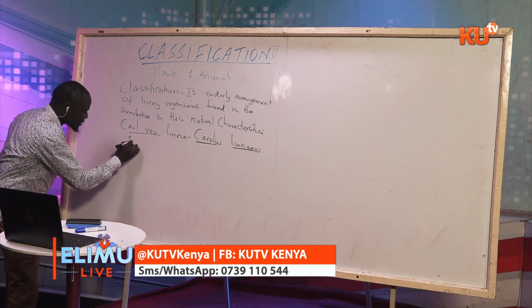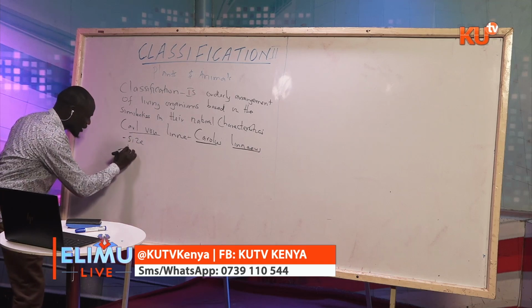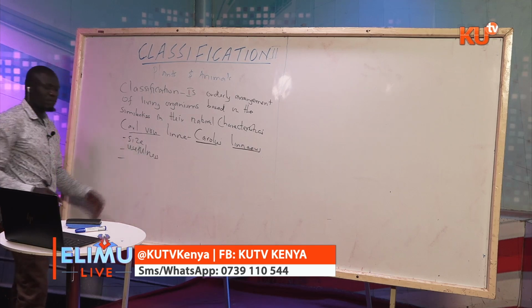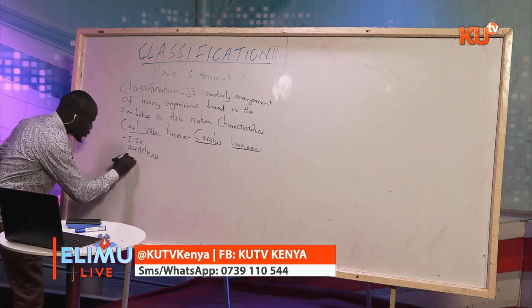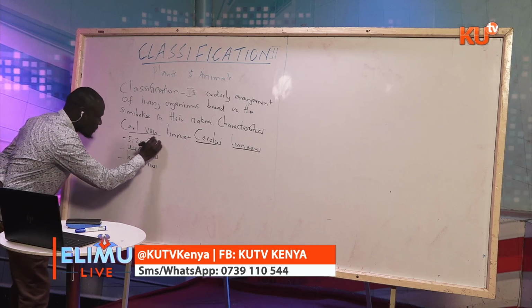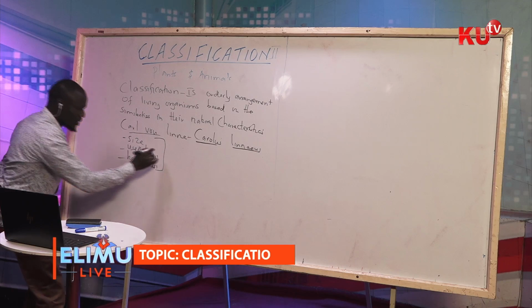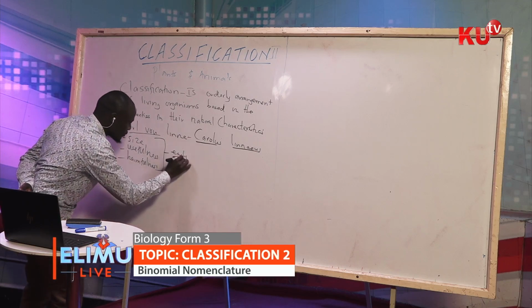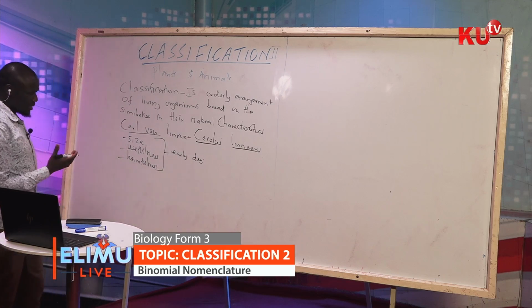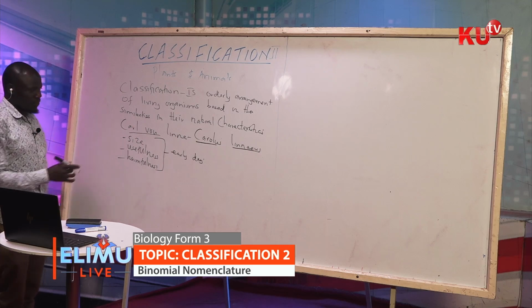They were checking the size of these organisms. They were checking the usefulness of these organisms. These people were also checking the harmfulness of these organisms. They were more on how these organisms are related to man. That is during the early days. When these people realized that this could not give us a good classification of organisms,